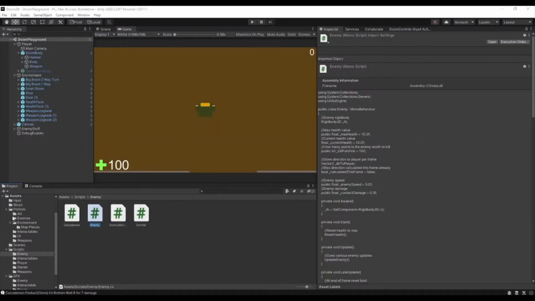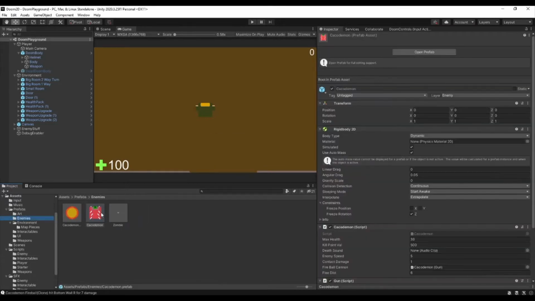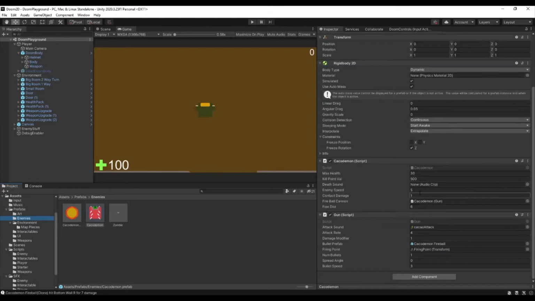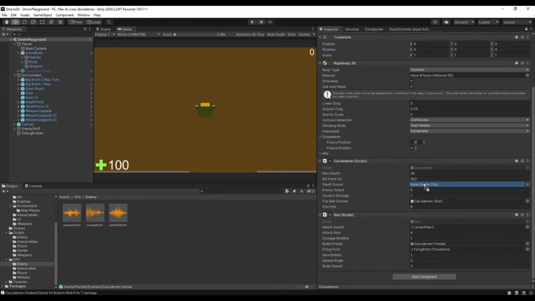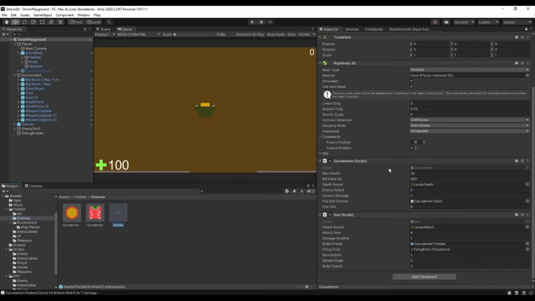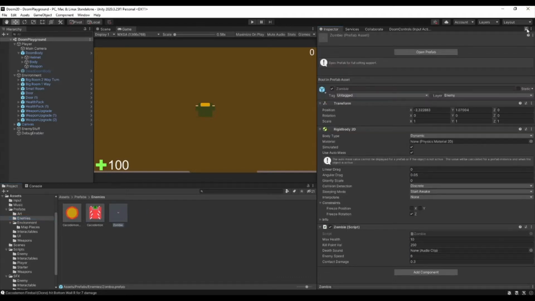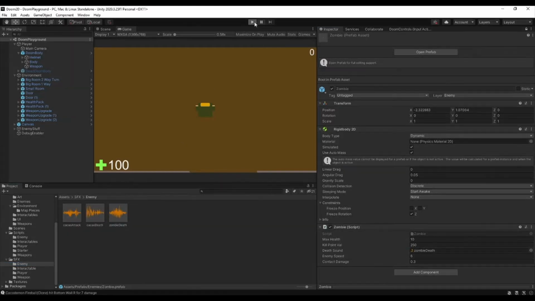assuming we add them to each enemy. So if we go into Cacao Demon, lock it, go to sound effects, Cacao Death, and then we go to Zombie, unlock, relock, enemy sounds, zombie death. Now if we play,